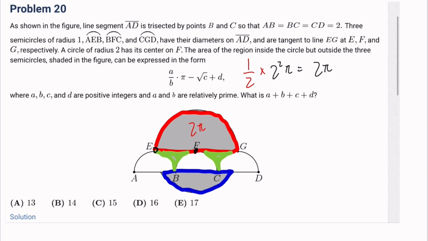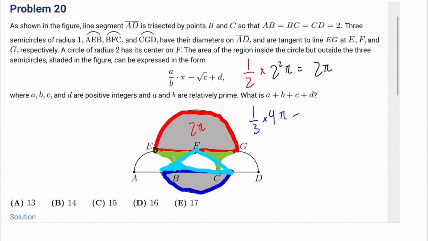And for the blue part, the blue part is basically this kind of fan-shaped thing. So it's this fan minus this triangle, right? And so the fan is 1/3 of the whole thing. So that would be 1/3 times 2 squared pi, which is 4 pi over 3. And then this minus, and then minus